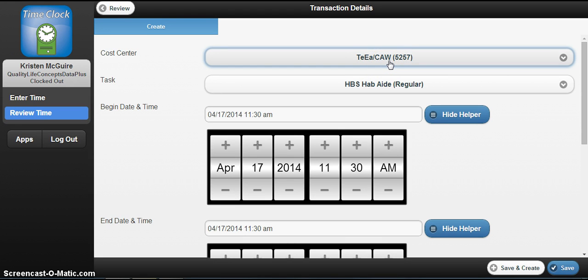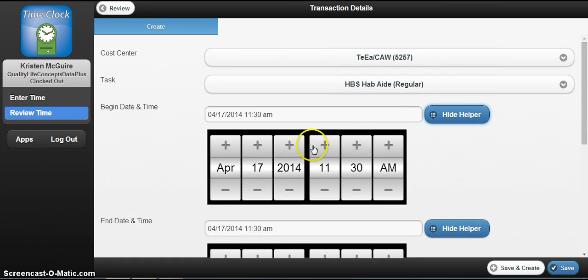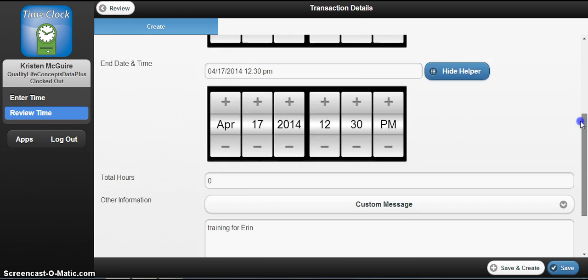Usually I pick this little guy up at his school, but there was no school that day, so I just went straight to his house. So it's not transpo, it's just regular. Here we go. I went to his house at 12:30, not a.m., but p.m. It was 12:30 p.m. Okay, and I was done at his house